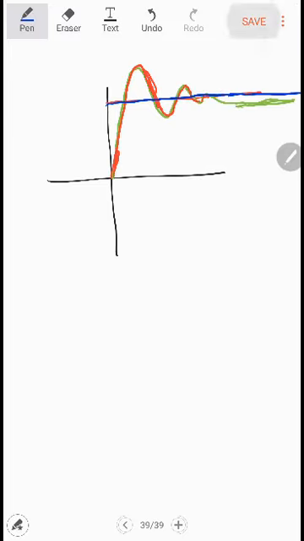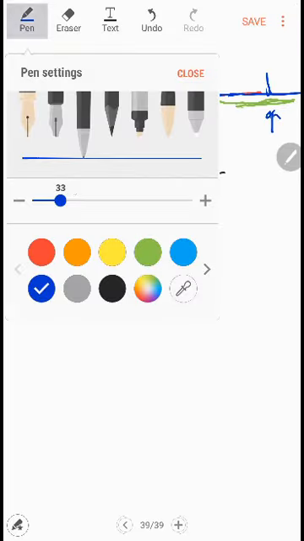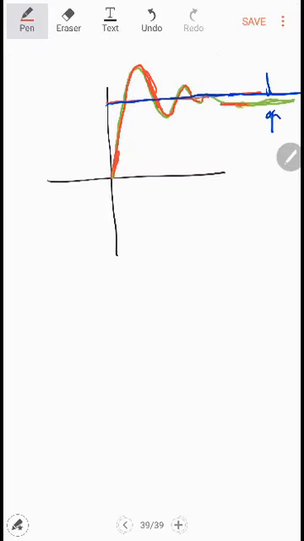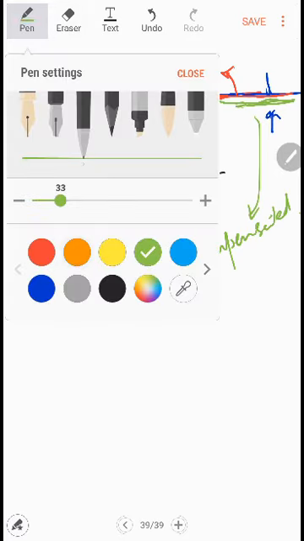So you see, the steady state error between the green line and this line is more. And after using the compensation, it comes toward this line and goes over to the step response. So this means the steady state error is reduced. Initially, with the uncompensated system, this green one is the uncompensated system. Then we have the red one.